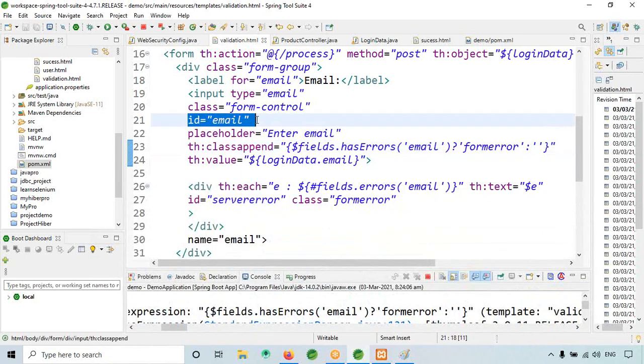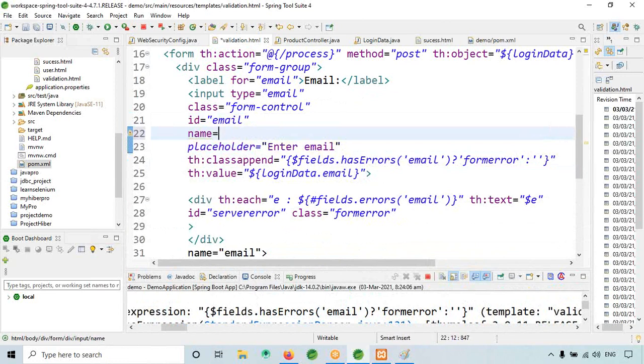So the id is there, right? So here I will put one more, that is name. I will put name is equal to email, like this. Name I have added. So let me check this line.